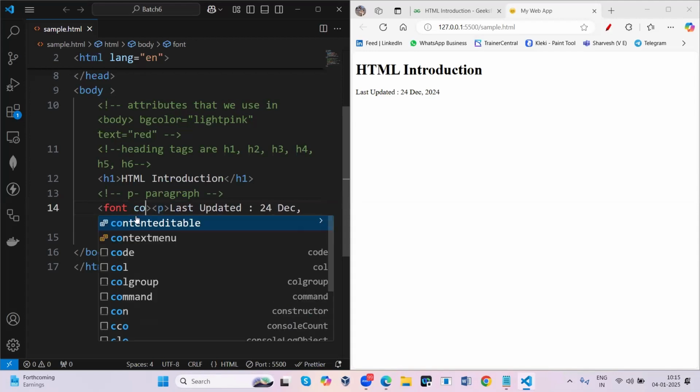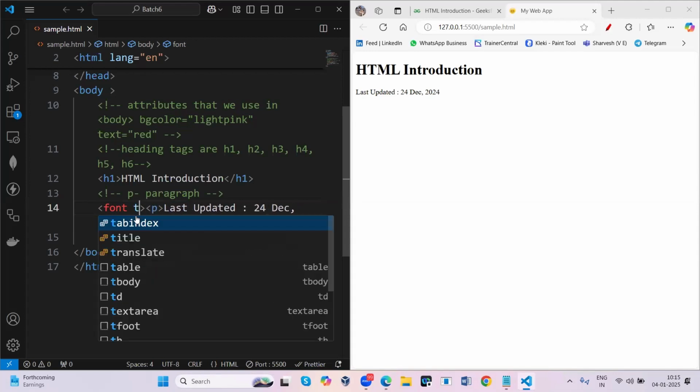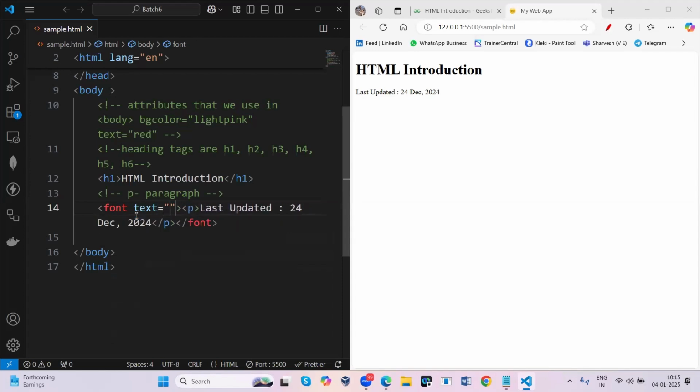I'm going to give the color as gray. Now it's not getting updated, you just give the color only. You can see the color is changed to gray, correct?